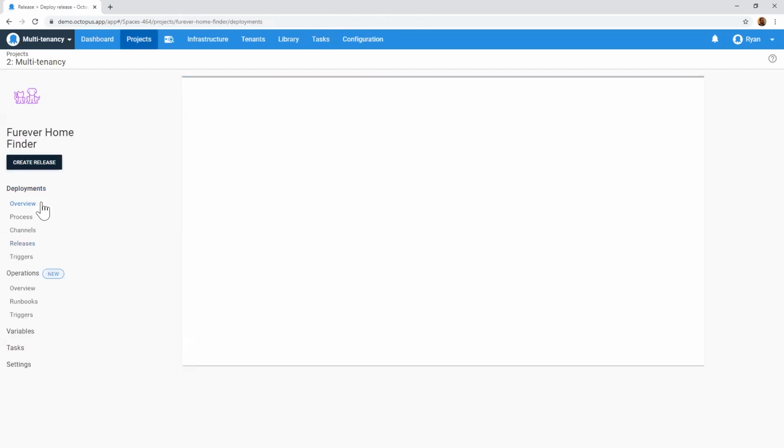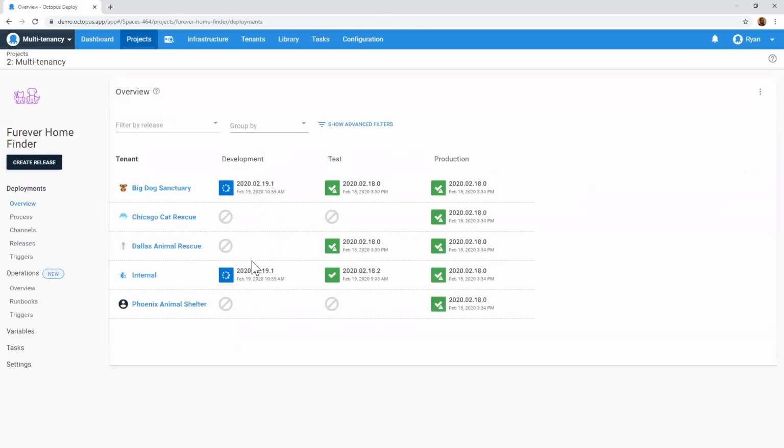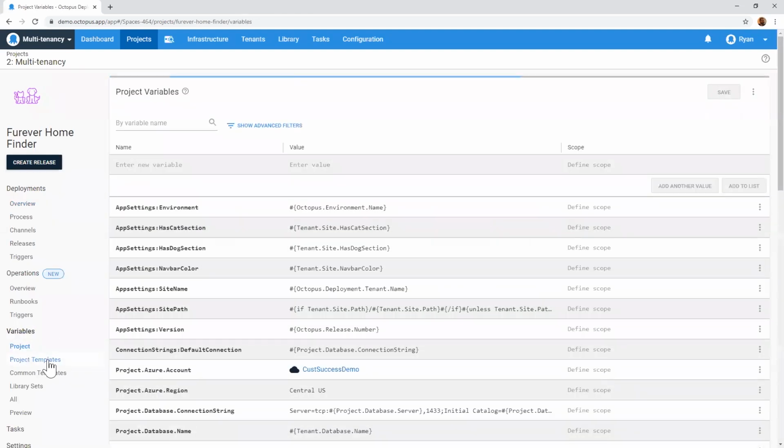So those two will run. We'll see on the overview that the deployment's running. And once they finish, then we could promote those to the other environments. So this is really just illustrating the difference between the non-tenanted and the multi-tenant project and how you can use those features. One thing I did skip in variables, let me go back to it, is